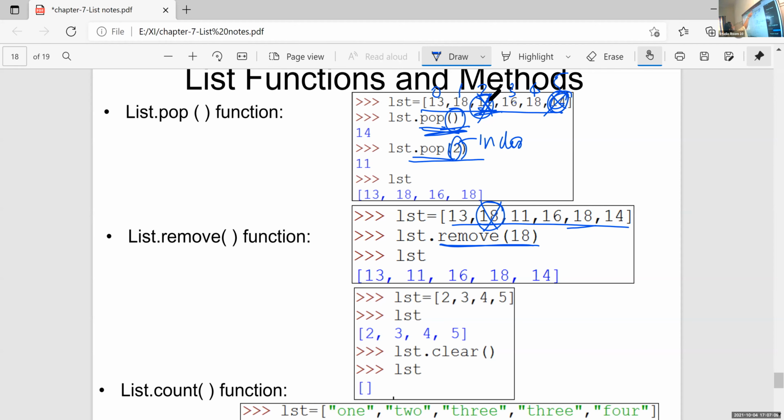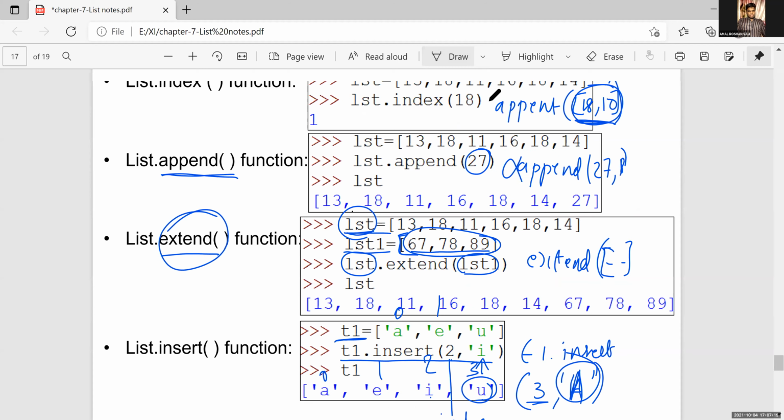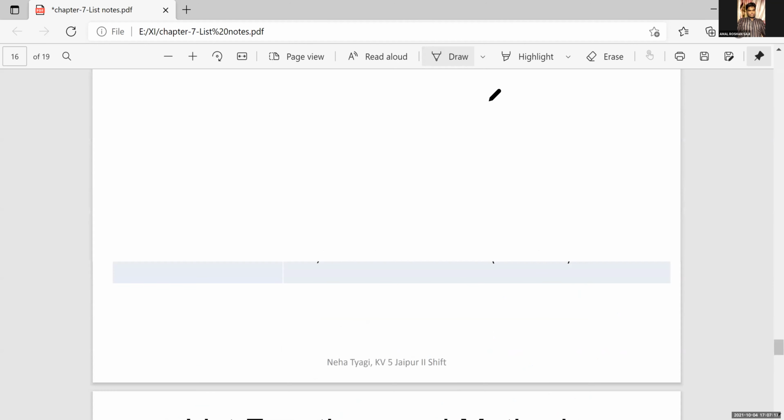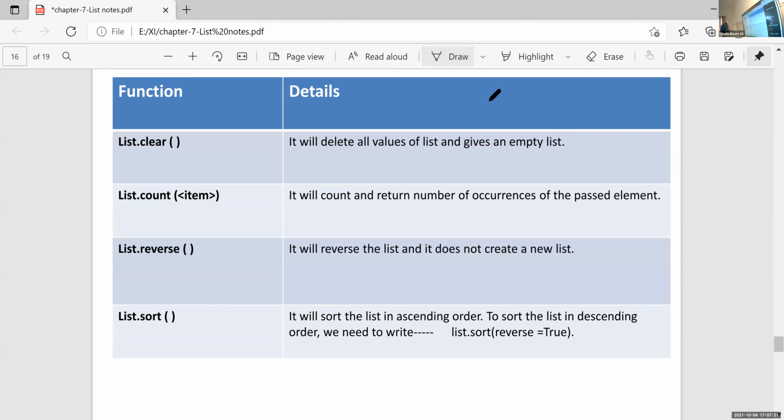Then the next function is clear. First write the definition: list dot clear. It will delete all values of the list and gives an empty list. Underline this point, gives an empty list. So list dot clear is a function.